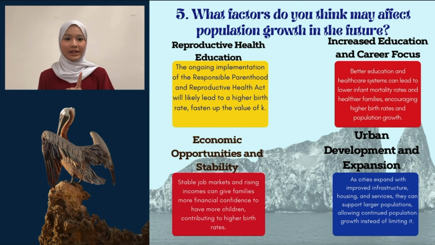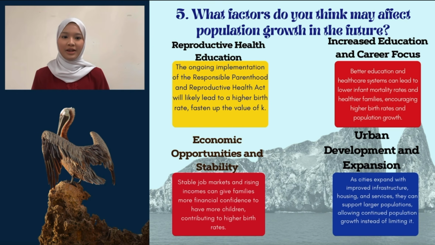The first one, reproductive health education. The ongoing implementation of the Responsible Parenthood and Reproductive Health Act will likely lead to a higher birth rate, speeding up the value of K. The second one, increased education and career focus. Better education and healthcare systems can lead to lower infant mortality rates and healthier families, encouraging higher birth rates and